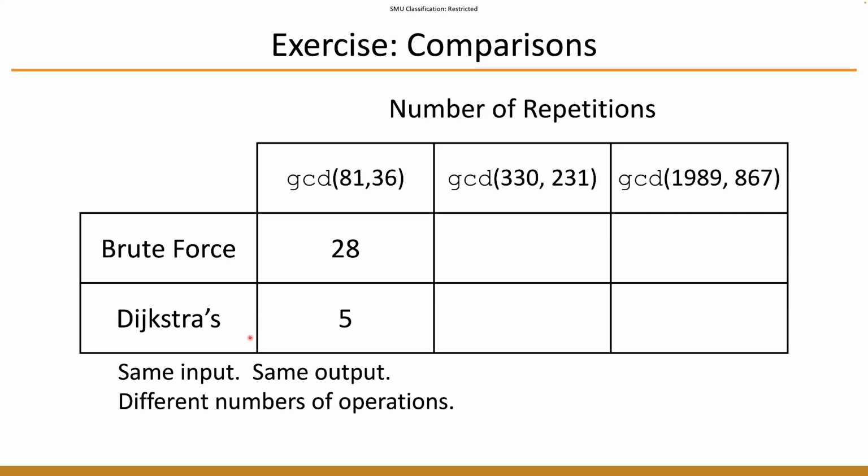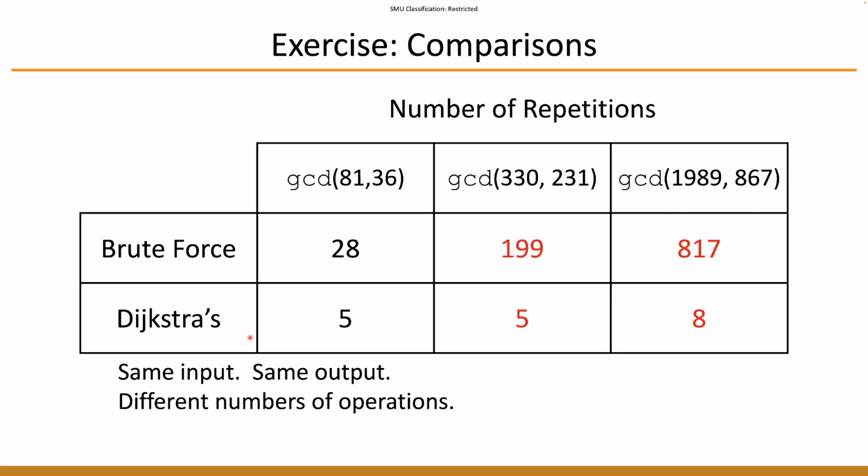81 and 36, this is the example we have already tried out. We know that it is 28 versus 5. Now what we are really curious about is if we just keep increasing A's value and B's value, what will be the number of repetitions? So if we actually implement these two versions of the algorithm, which by the way, you're going to do in the next lab 1,